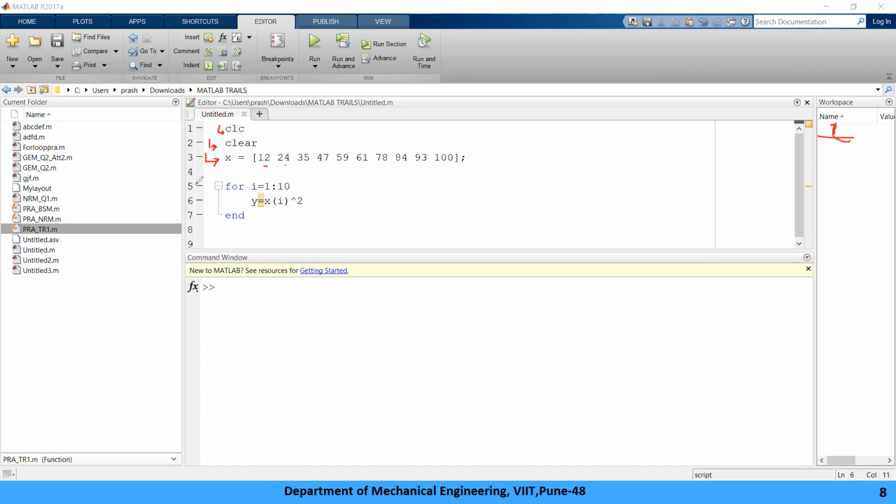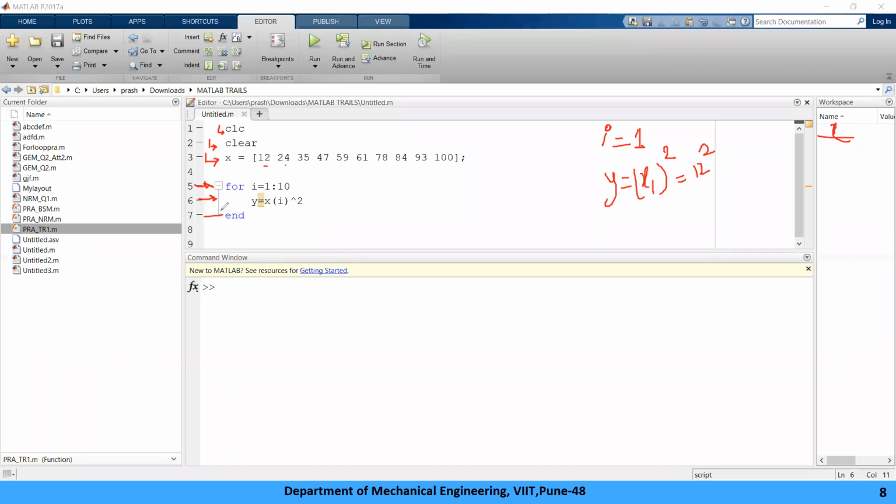Then line number 5 will get executed for I equal to 1. So in the memory I का value 1 है. Then it will execute line number 6, y equal to xi square. I मतलब 1, so x1 का square मतलब 12 का square.